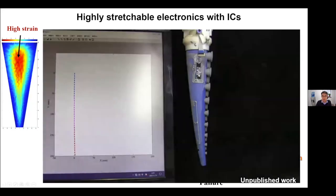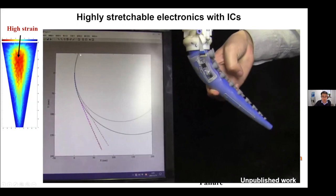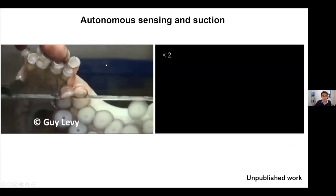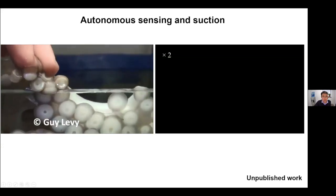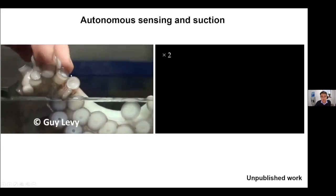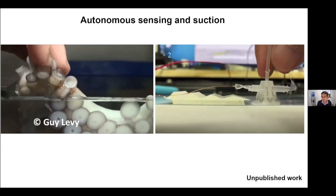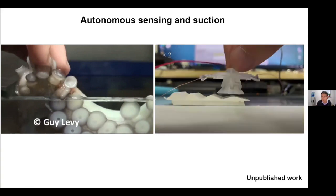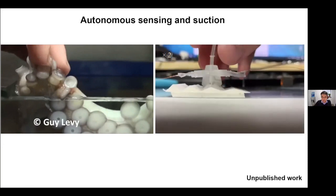If we look at this video, we can use our hands to disturb this robot, and it can feed back the data on the monitor. We also show autonomous sensing of the suction of the suckers. If you look at biological animal suckers, they can stick to a finger, which is a very irregular surface. And the artificial suckers can do computation by themselves, so they can stick to rough surfaces, both at concave or convex spots,